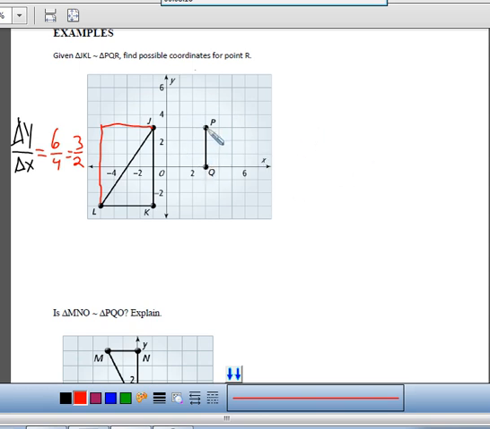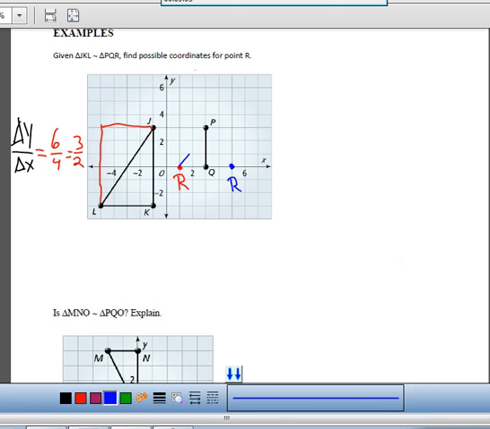Well, so I'm at this point P, I need to find R. Remember, it's going to be a rise of 3 and a run of 2. Why don't I go backwards and go to the side 2 spaces and then down 3. So 1, 2, down 3, put a dot. That could be R right there. Or I could go over to down 3. That could be R, because either way,